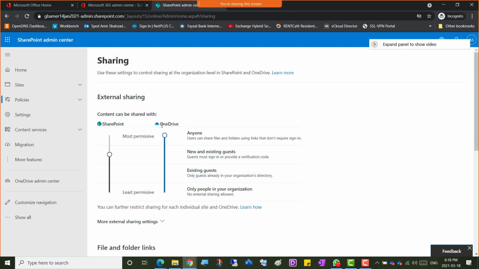And if I try to put it up there, saying I want to have a more permissive level on OneDrive, I can't do that. If the SharePoint level is this, the OneDrive level cannot offer more ease of use or be more permissive, right? So you can get the point now: OneDrive permissions are directly related to SharePoint permissions. Let me just close the